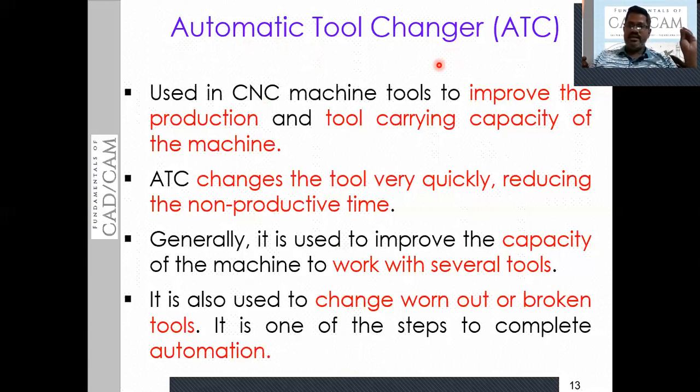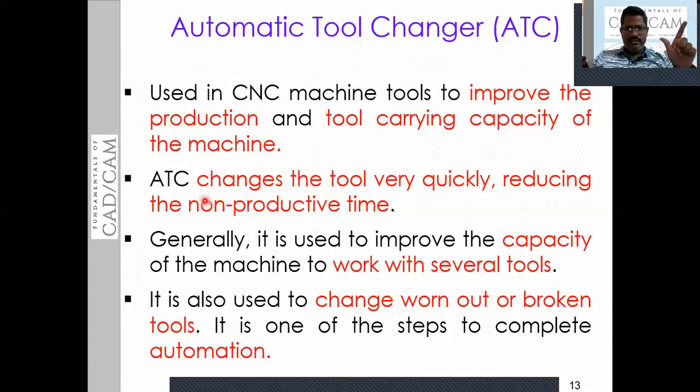Then it will go back and put the old tool, which is already in the tool post, in the exact location or address of that previous tool. So this is exactly the working principle of the automatic tool changer.